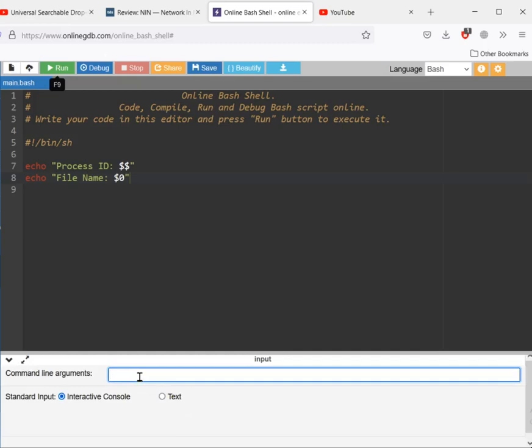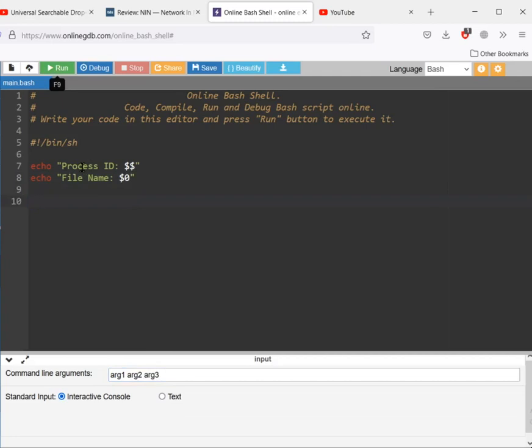Suppose in this shell script we want to provide 3 command line arguments: arg1, arg2 and arg3. So I am feeding 3 command line arguments into this program, and after that I want to print all of them. I will write echo and print the first argument. How can I print argument 1? $1 can be used to print the value of argument 1.